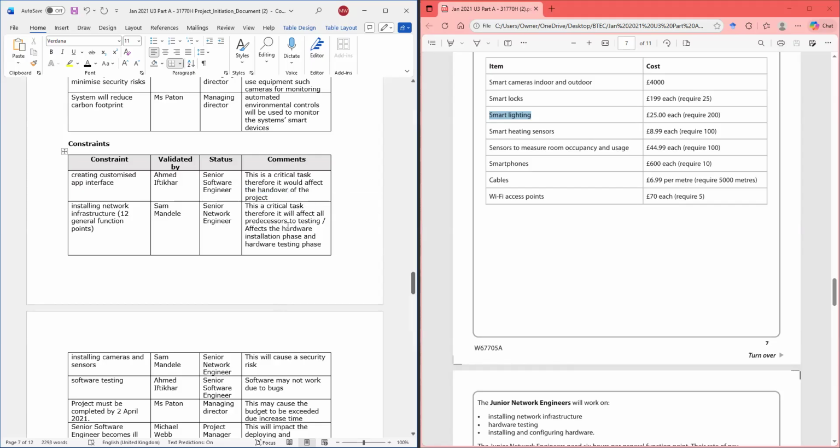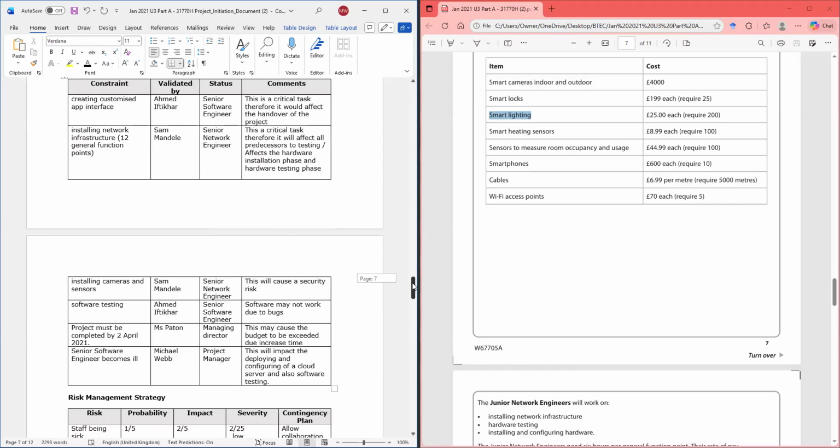So I look at it and say, okay, it's going to affect all the other tasks until the handover at the end. So that's how you look at it. Installation of network infrastructure, what will it affect? Installing cameras, what will that affect?